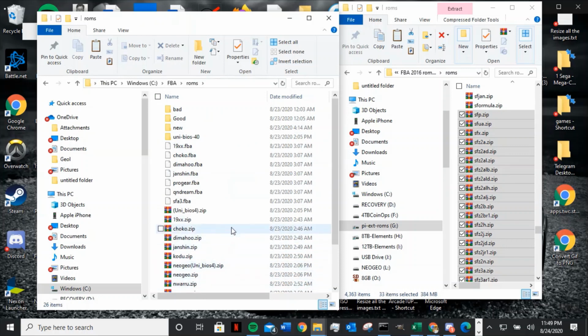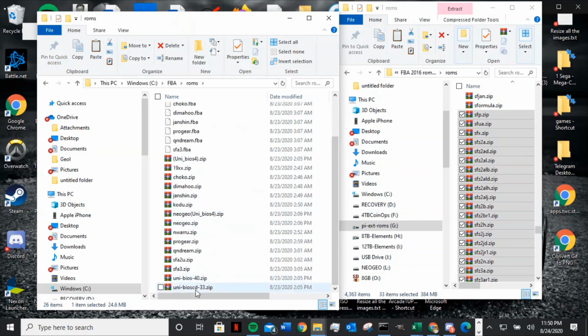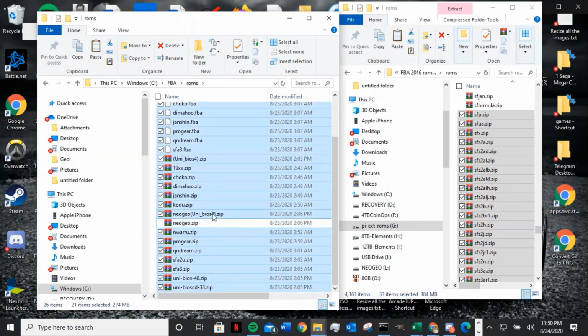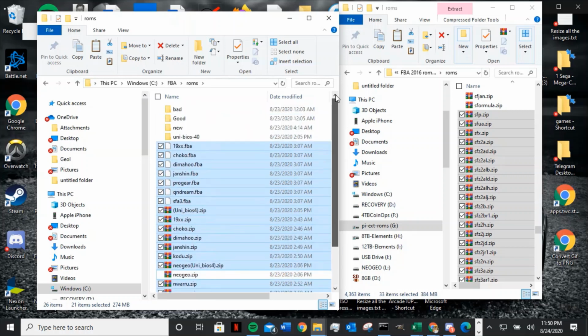So, do I need all this? See, I got Final Burn 3 here. Let's get rid of all this. I don't think I need all this. Okay, I'm gonna get rid of all of it. Now you need the Neo Geo bios, which has bios 4. Okay, you want to keep that one there. So I'm just gonna move all that to